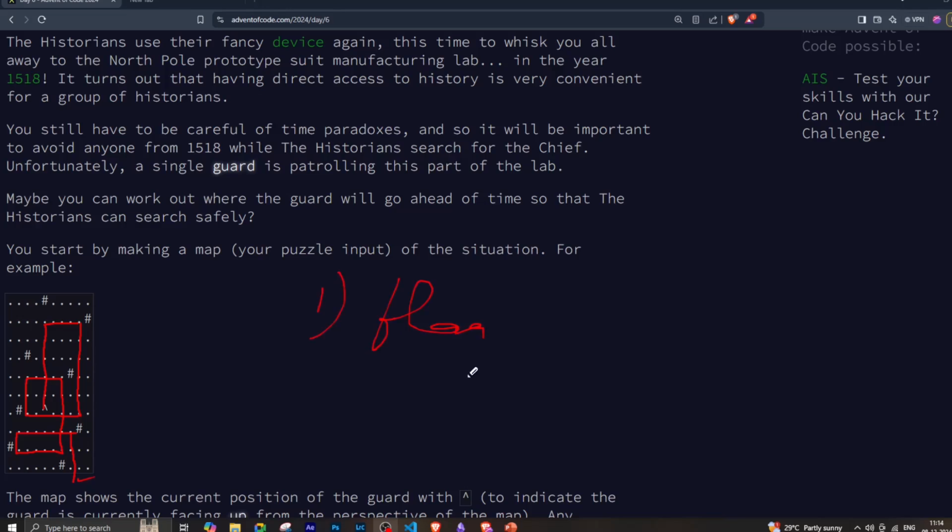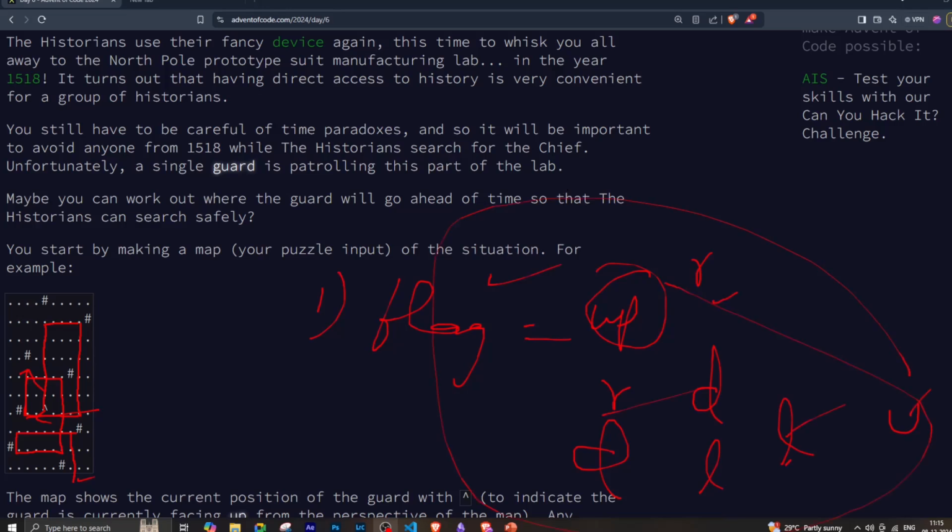So initially he is up. If he is up and he sees an obstacle, he will turn right. If he is right and he sees an obstacle, he will move down. If he is down and he sees an obstacle, he will turn left. If he is left and he sees an obstacle, he will move up. And the cycle will repeat. If you could store a flag of all these things, you can just solve this problem, and that's how I